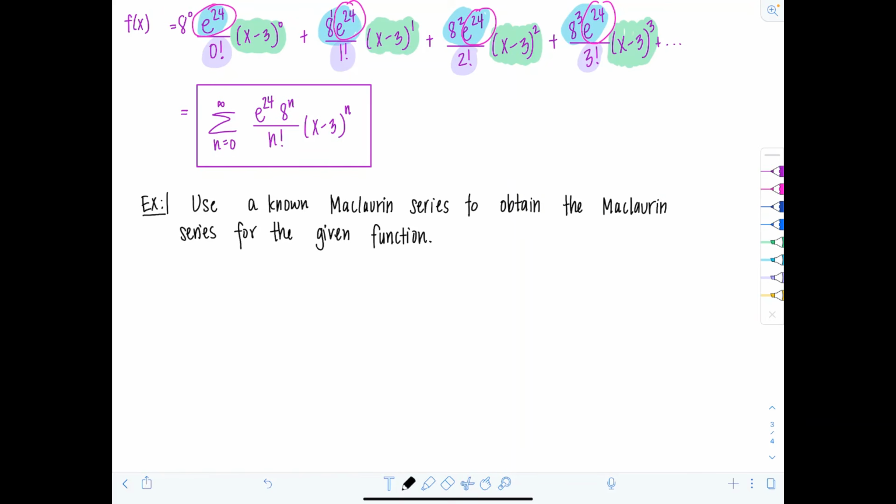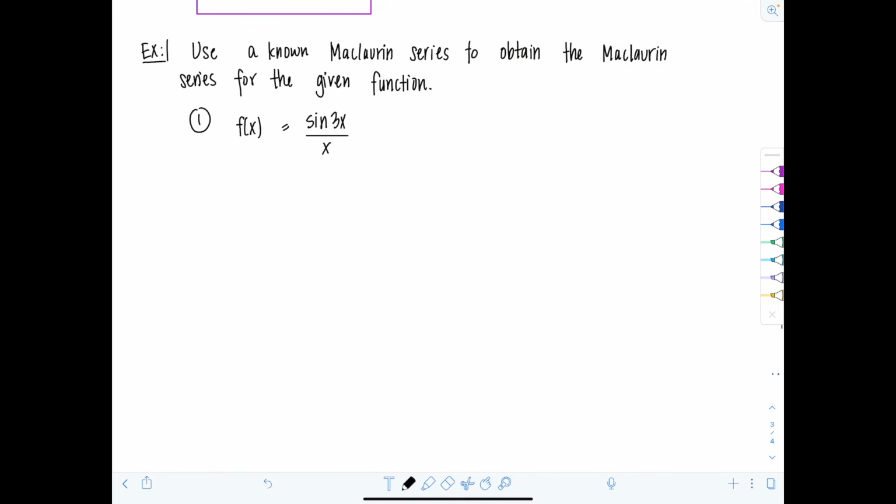Because for these exercises, you basically don't have to start from scratch. You can use a known one to come up with a new one. What do I mean? So for example, we're given f of x equals sine of 3x over x. So instead of listing out all the coefficients and making a table, you say, oh, well, we know